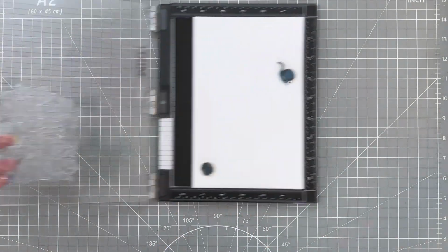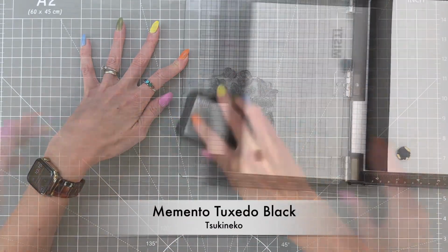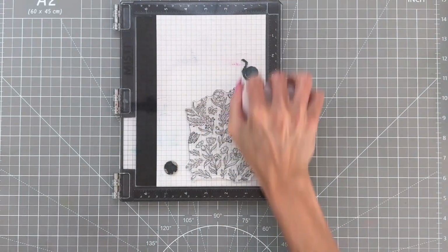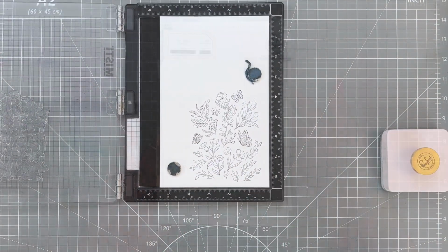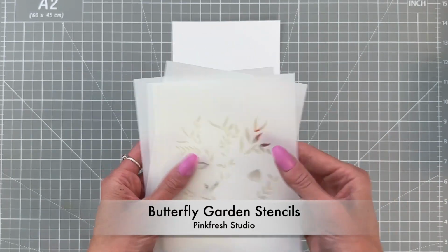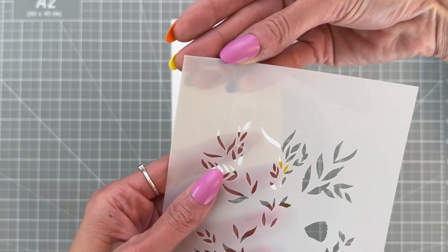I've grabbed that large stamp image and I'm going to stamp it onto some white cardstock in a quick drying black ink. Really any color ink would work for this because I will eventually stamp that image again later. So I left that stamp in my MISTI, and now we're ready to do some ink blending with the coordinating